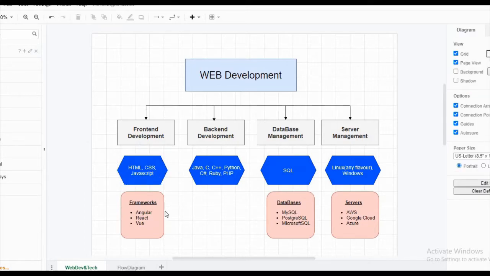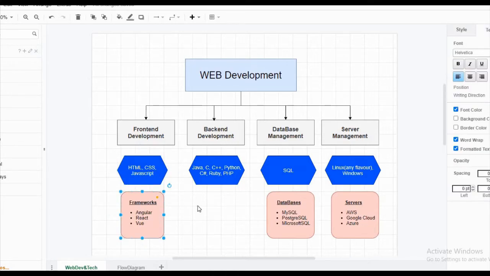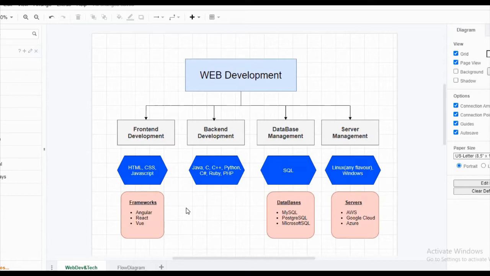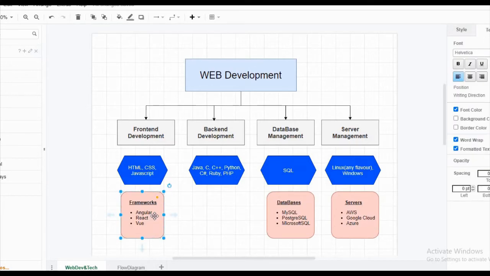And going towards frameworks, different websites like Facebook and YouTube use different kinds of frameworks to develop their front end. So there are Angular, which is supported by Google, React, which is supported by Facebook, and Vue, which is open source. So you can learn any of the frameworks for developing your front end.